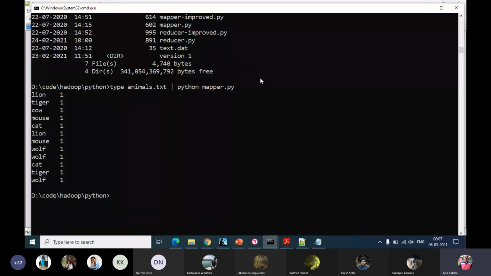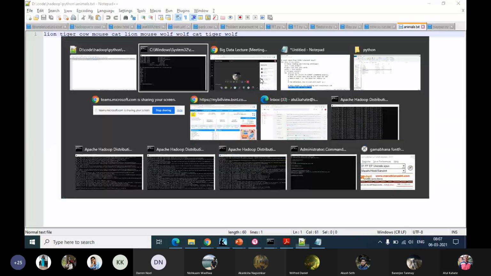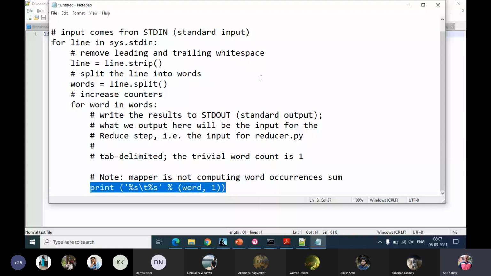The mapper class simultaneously will run on multiple machines, because in real life we'll not have such a simple file. We may have maybe thousands and thousands of such lines, and we may have even multiple such files. So we could split those files across several machines, several servers, and let Hadoop run the mapper task, that is this mapper code, on each of those servers simultaneously in parallel.